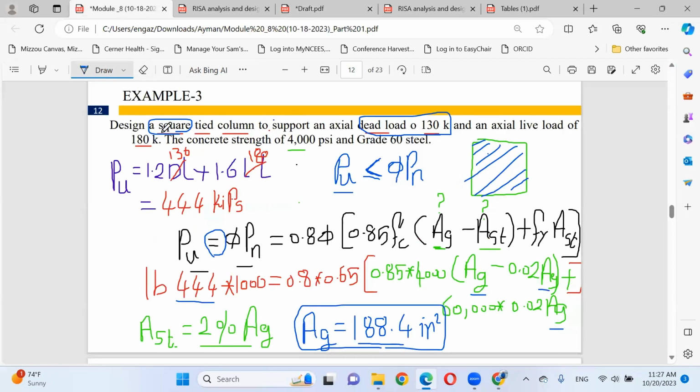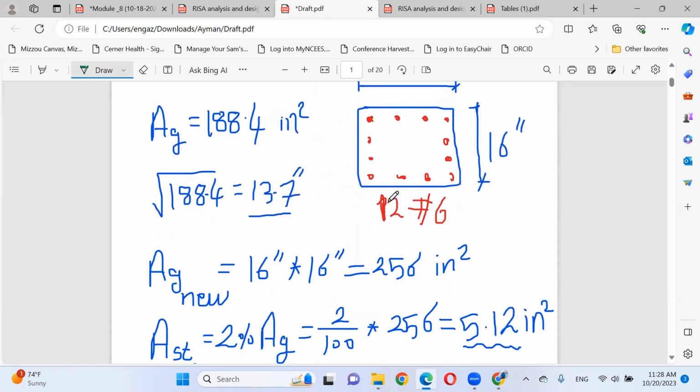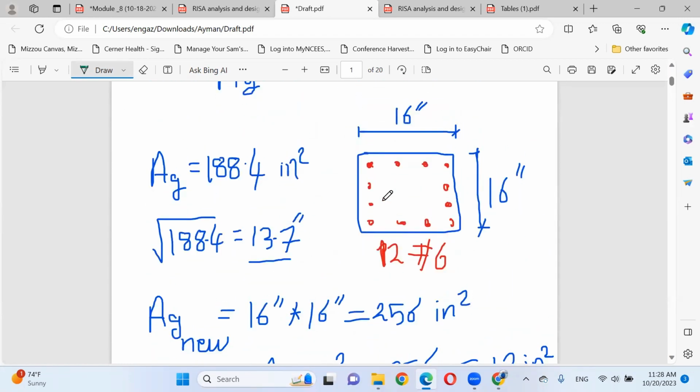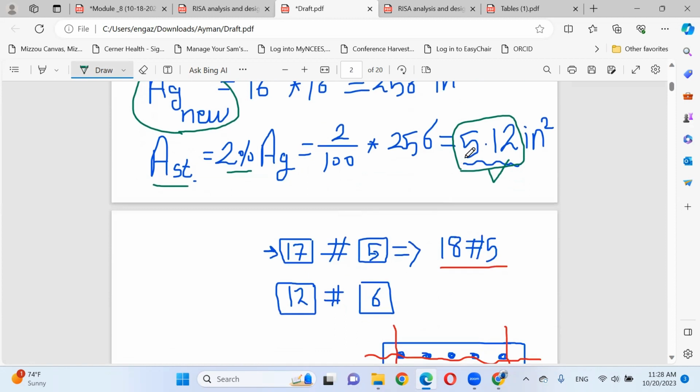Since the problem is asking for a square, this is the reason why I converted this area gross to square. That makes sense? If you adjust the dimensions a little bit, that means we will have a new area gross. And you assume the area steel as a percentage of area gross, go ahead and find your area steel. Once you get the required area steel, you need to convert it to how many rebars and what is the size of your rebar.